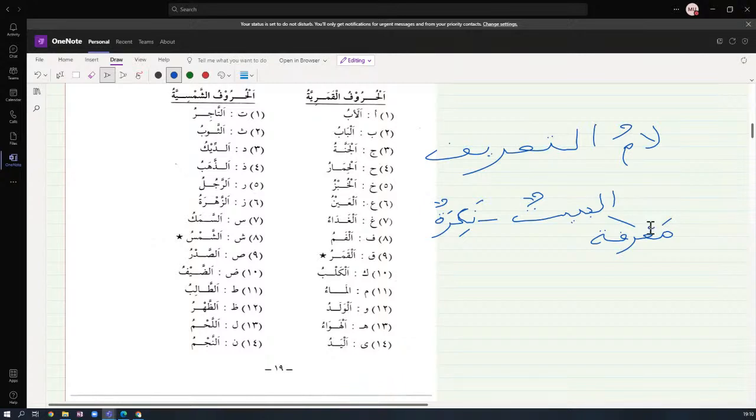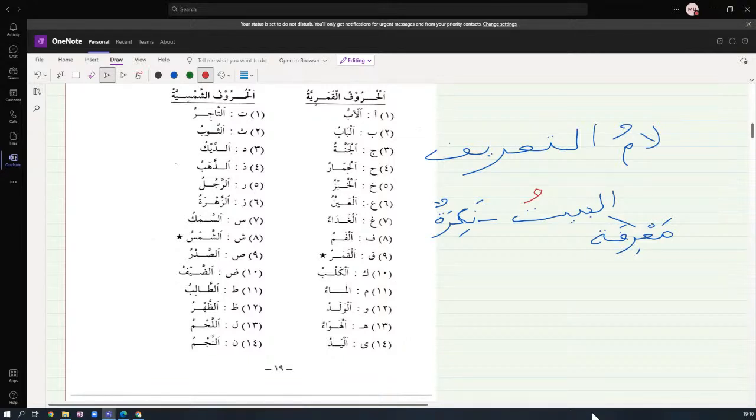Nakira and ma'rifah. So definite and indefinite. We mentioned that when we add alif and lam to a noun, it makes it definite, and it also causes the noun to end with one dhamma instead of two. That was the main rule of last lesson. Al-bayt from baytun, al-baytu. And we do that with everything.